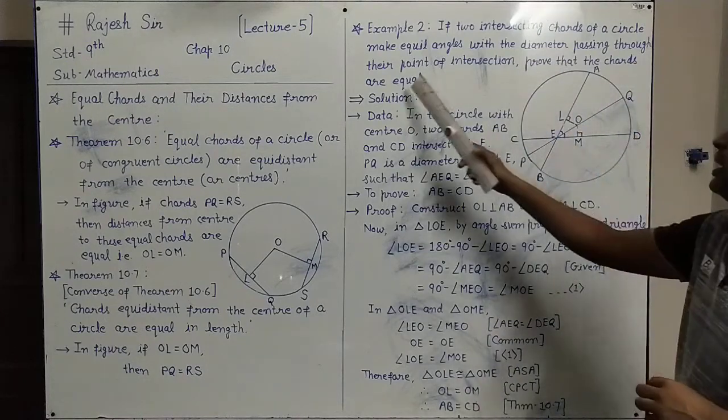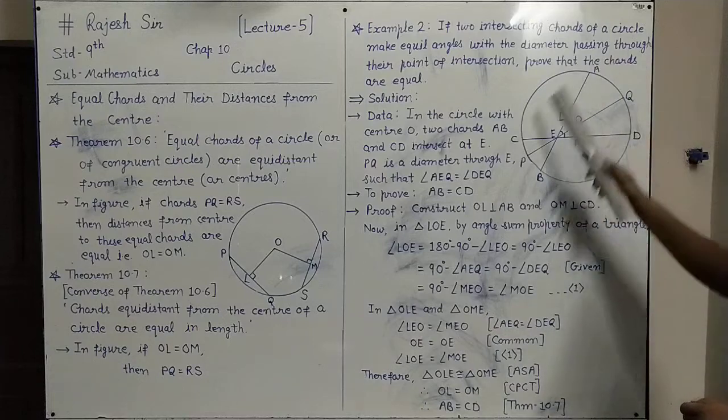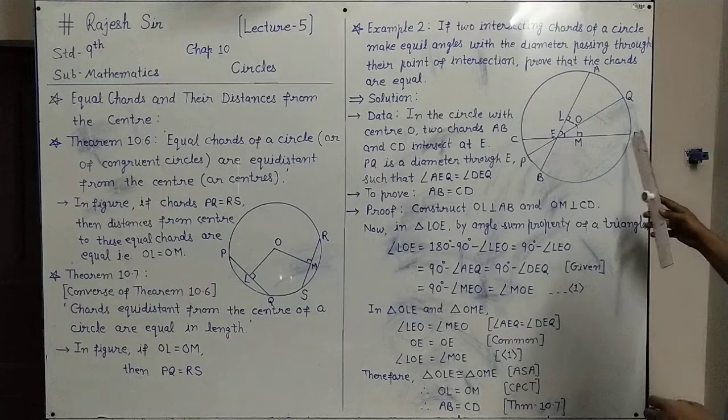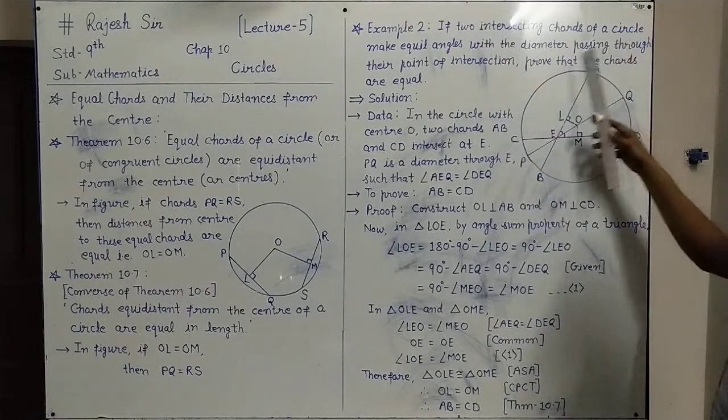Then prove that chords are equal. So this situation is shown here in a figure. A circle is given with the center O. In that, two chords AB and CD intersect each other at point E. So if two intersecting chords of a circle